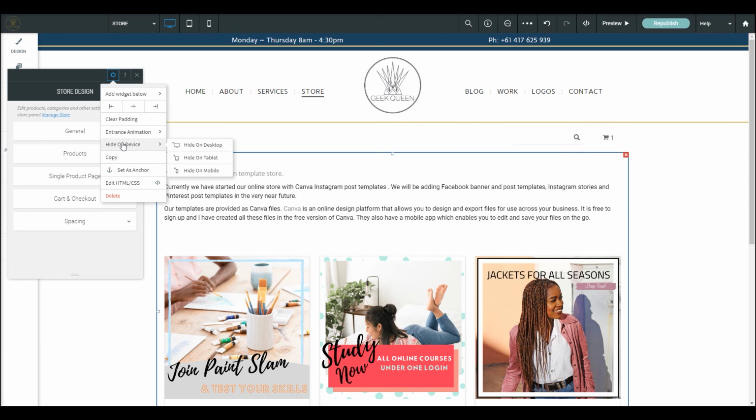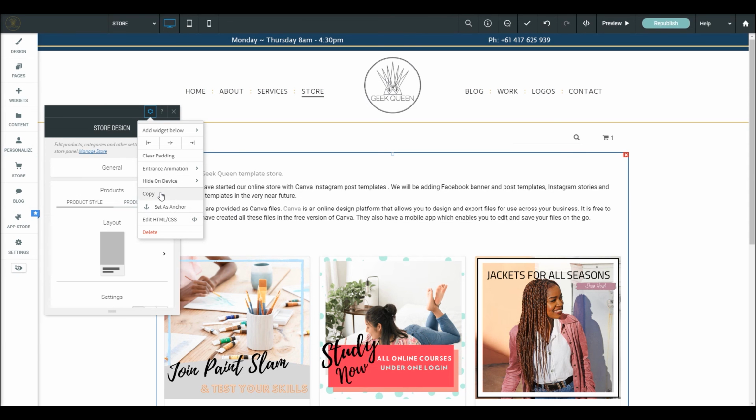The hide on device, same as any other setting. You can hide it on your desktop, tablet, mobile. I don't know why you would do that, but you could. This and all your other basic HTML, your anchor, you can copy it, paste it somewhere else. So once you've actually done this, you could copy that and paste it to somewhere else. So for example,